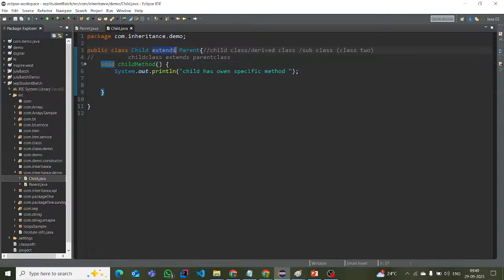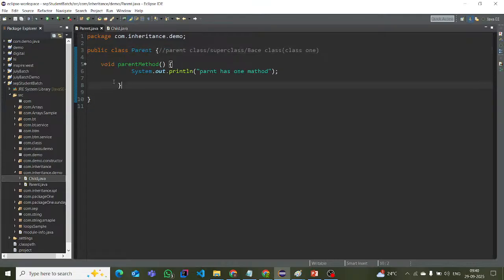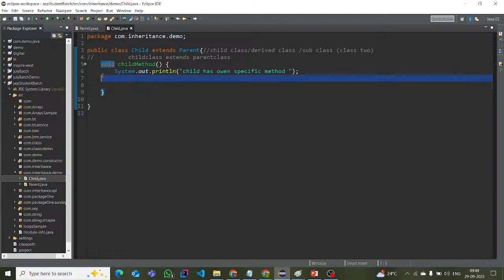By using the extends keyword, I can use the parent method without writing it in my child class. If I write it again, it will become duplicity. If you write it two times, it is called duplicity. To avoid that purpose,